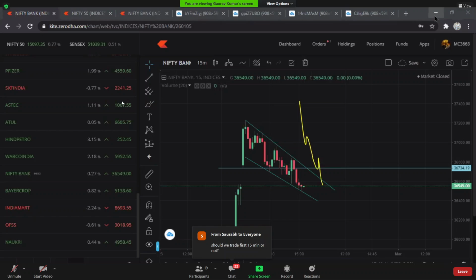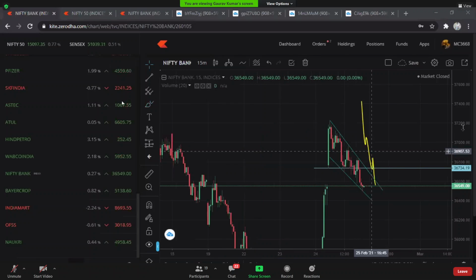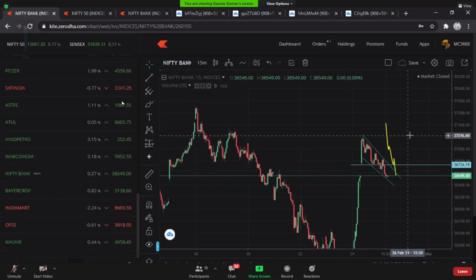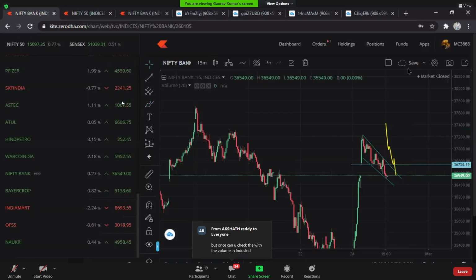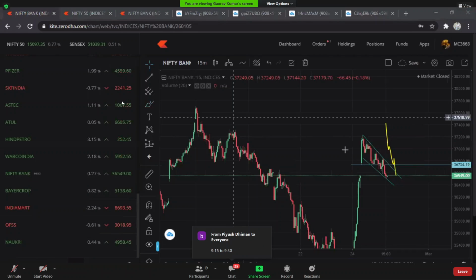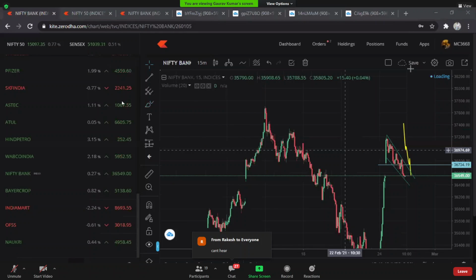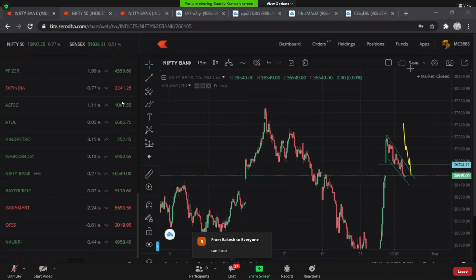That is the scenario. Should we wait for first 15 minutes or not? What is first 15 minutes? I didn't understand what it's trying to say. You should wait for first 30 minutes, not only 15 minutes. Reason, the market is too much volatile. Though if you want to ride the volatility, you can keep a good SL and trade not on breakouts but on continuation.